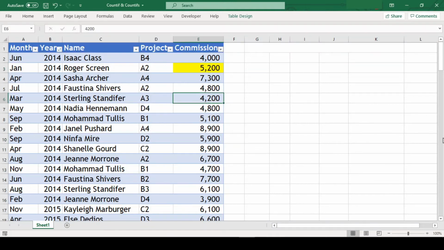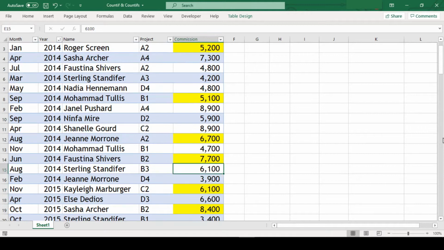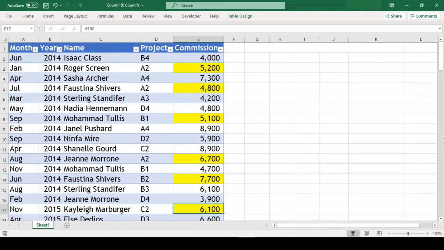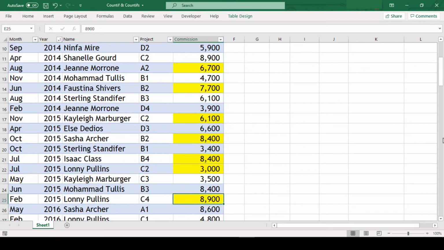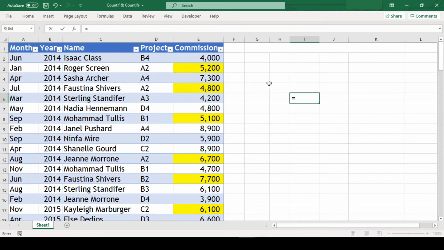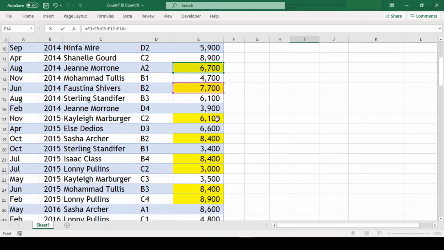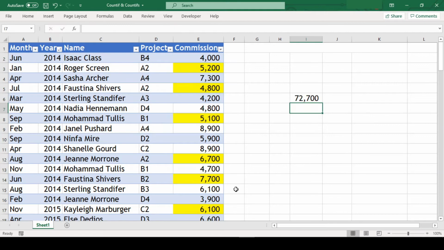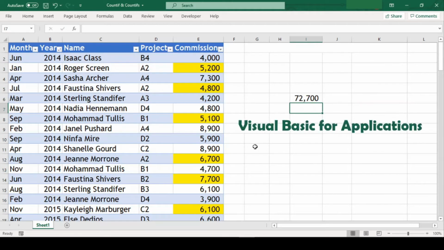Have you ever encountered a situation where, in the process of reconciliation, you change the color of the cells and then you have to sum the values on the basis of the color? As of now, Excel doesn't have any function that could help us sum the values on the basis of color. But thankfully, Excel has VBA. So today in this video, we will see how we can write our custom function to sum the values based on cell colors. So stay tuned.